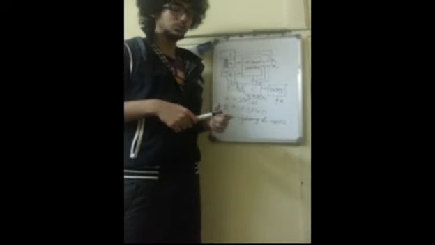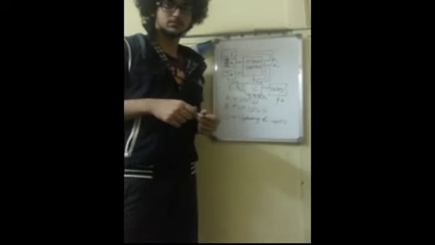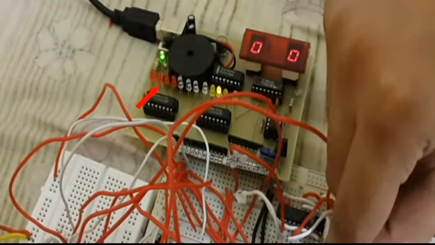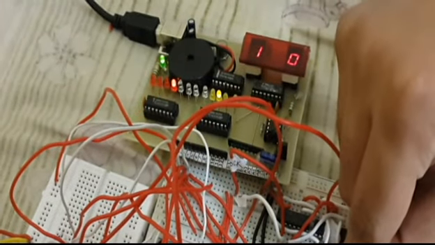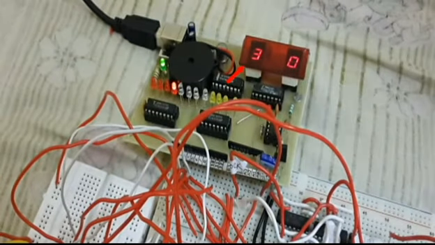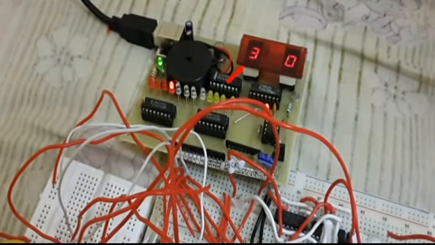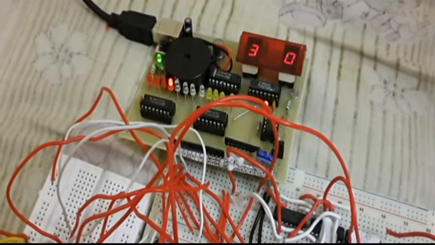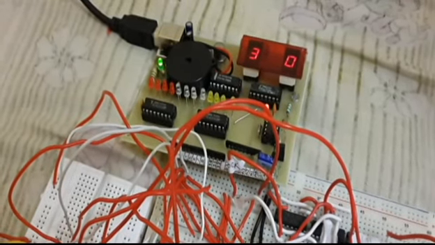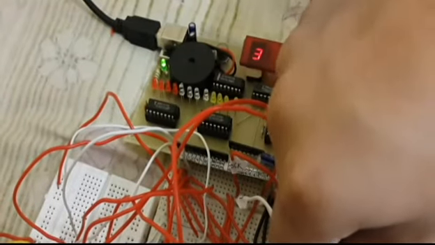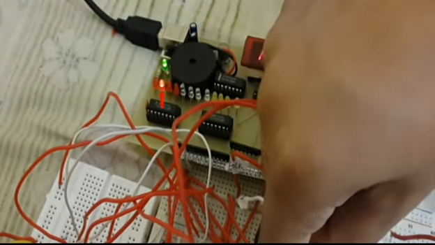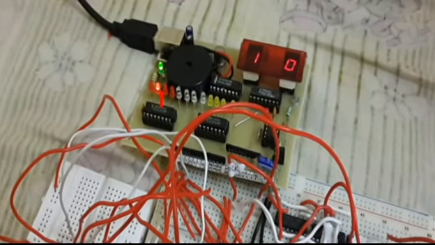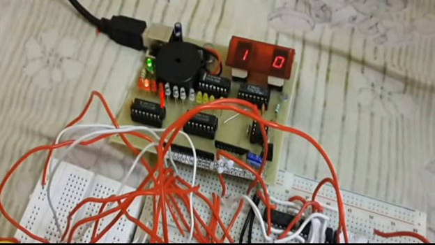Now let's move on to the working of the circuit. Red LEDs which you can see correspond to the 4 floors. Now we are calling the lift at the 3rd floor, so the 4th LED is on. The left side of the display corresponds to which floor the lift is currently at. So we have called it at the 3rd floor, so the lift went from the 0th floor to the 3rd floor. Now we are calling it at the 1st floor, so it moves from the 3rd floor to the 1st floor. It is waiting at the 1st floor till the door opens and closes.